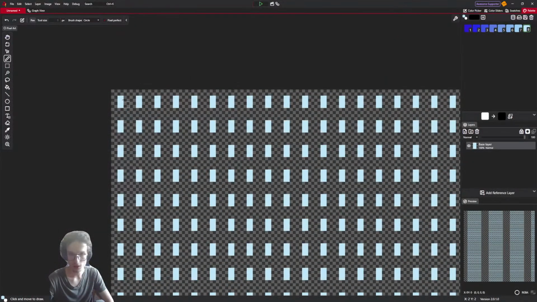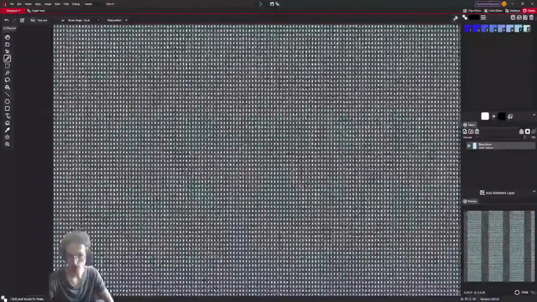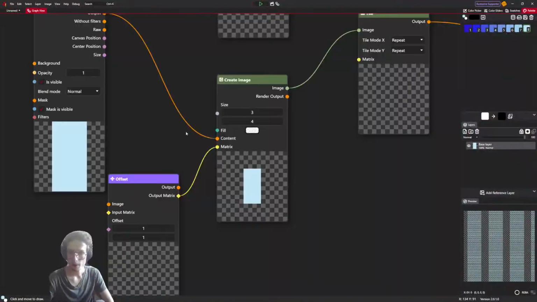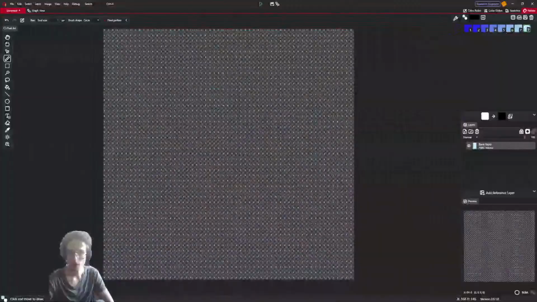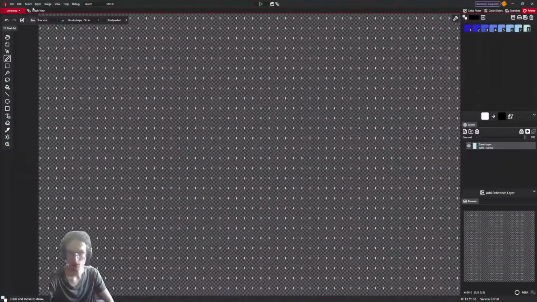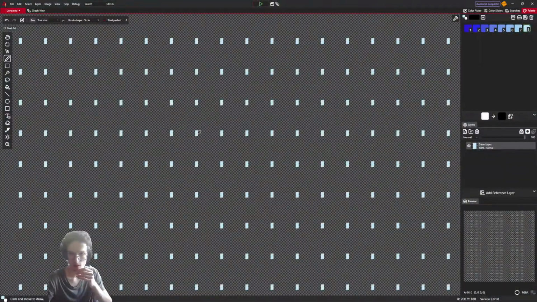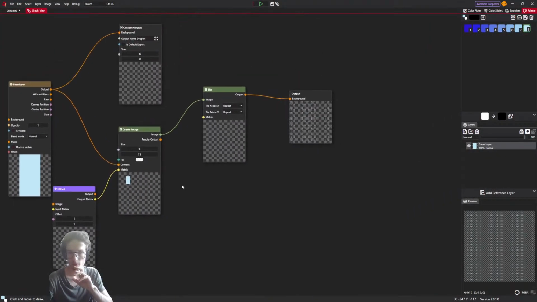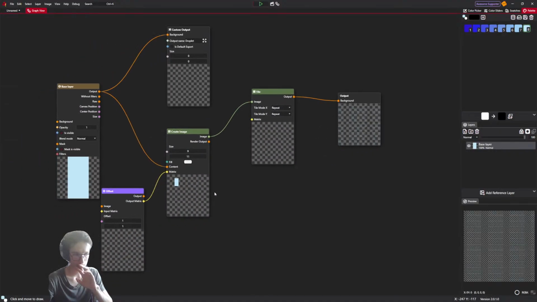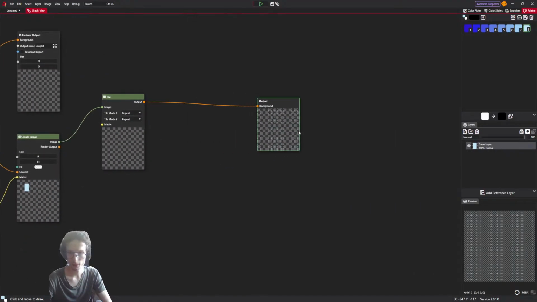It's just starting here, not top left. I guess that's fine too. Let's make more. Okay, it's 1, 2, 3, 4, 5, 6, 7, 8 pixels of spacing. Okay.